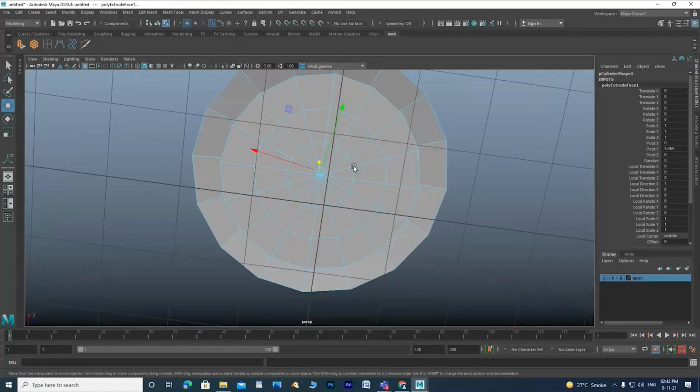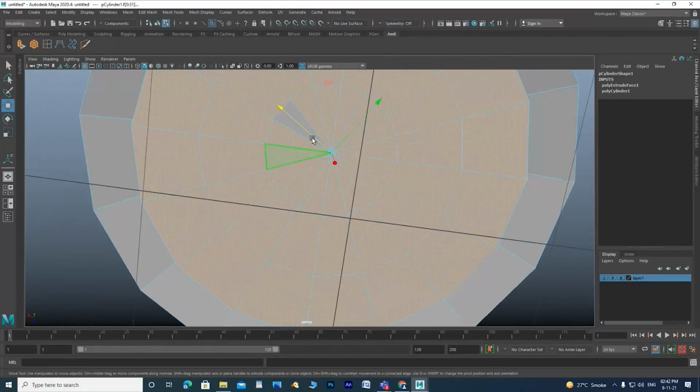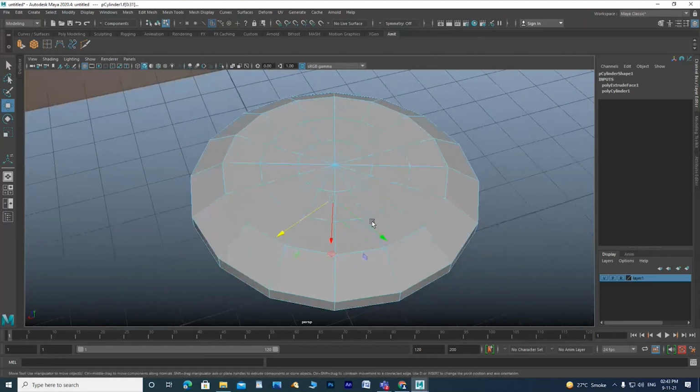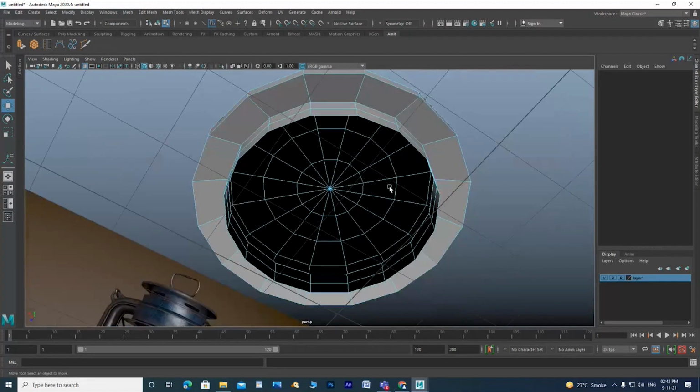Now go here and select the faces. Have a look whether you accidentally selected somewhere. If so, delete it. You don't want this one.